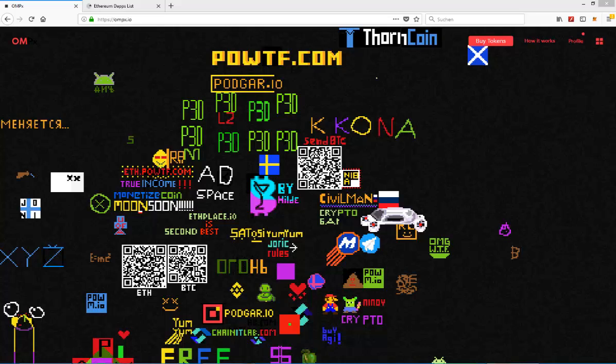Today I'm going to take a quick first look at 1 million pixels, which is kind of similar to the $1 million page. I don't know how old you are, so I don't know if you remember back in the day we had this really popular $1 million page where you had this canvas and you could basically buy these different pixels or parts of the canvas in order to show up your logo or show up a message